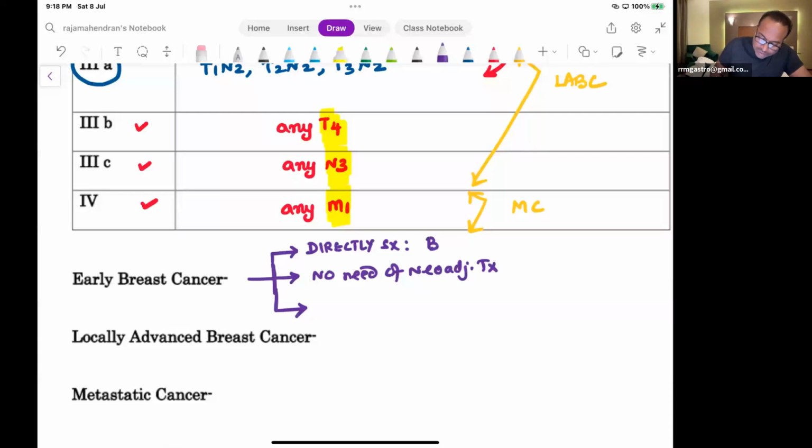Directly surgery means 2 surgeries are available, BCS or MRM, both can be done. It is up to the preference of the surgeon. It is a surgeon's preference. Okay, BCS or MRM can be done. No need of